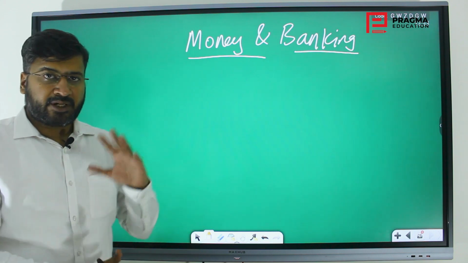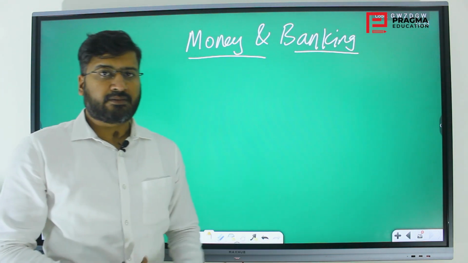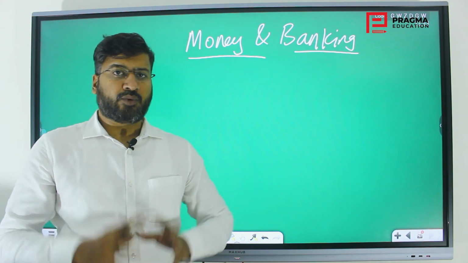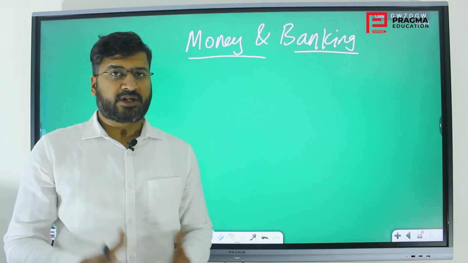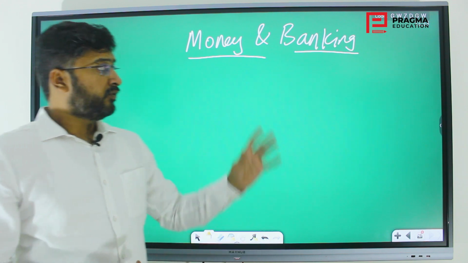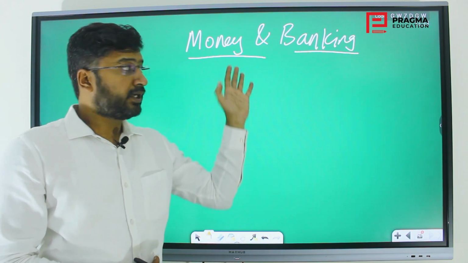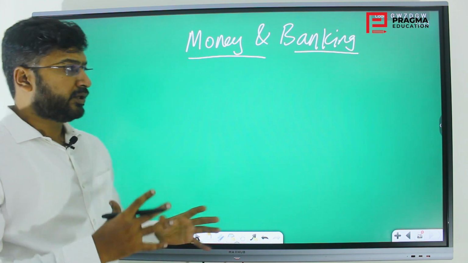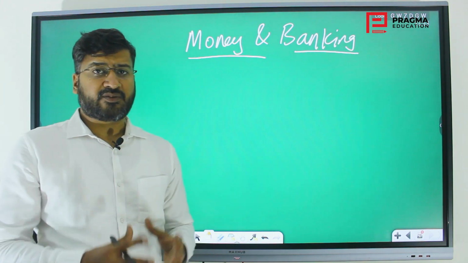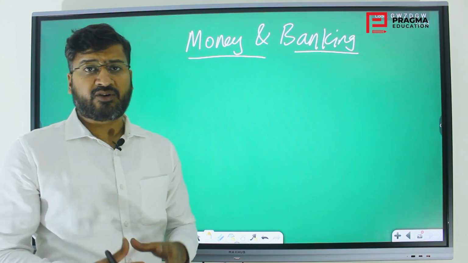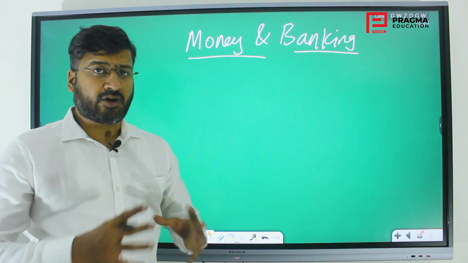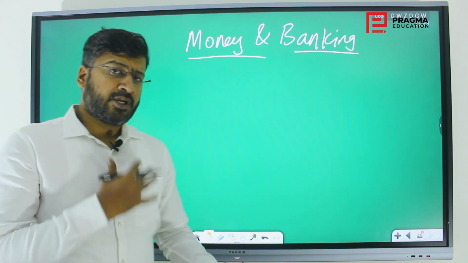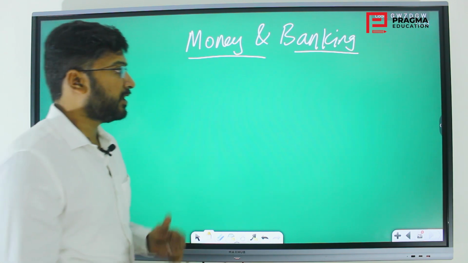Some people teach money and banking before and this later or whatever, but this is one total concept of the whole financial markets and how money works. If you get into the details of the money market, that will be the money and banking chapter. So let us look into what money is, what kinds of money are there, who will be regulating, how they will be regulating, and the concepts associated with that, which we will be covering in the money and banking chapter. Let us dive fast into this chapter now.